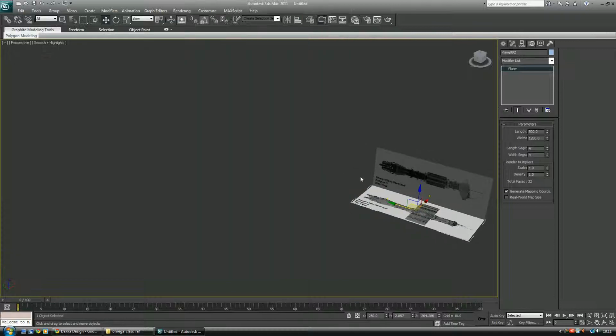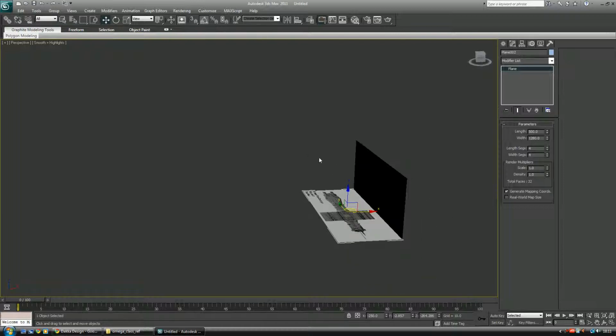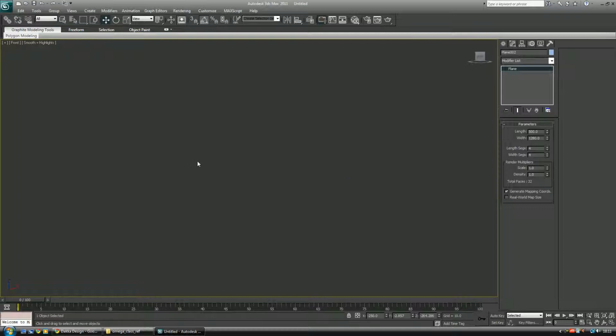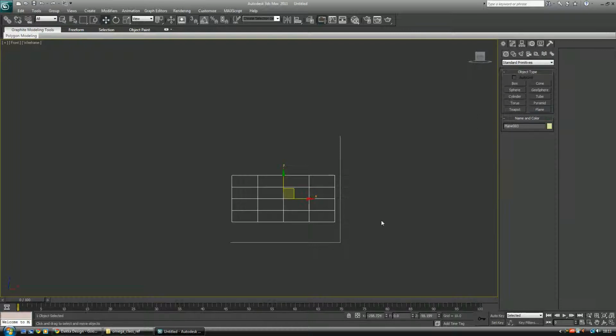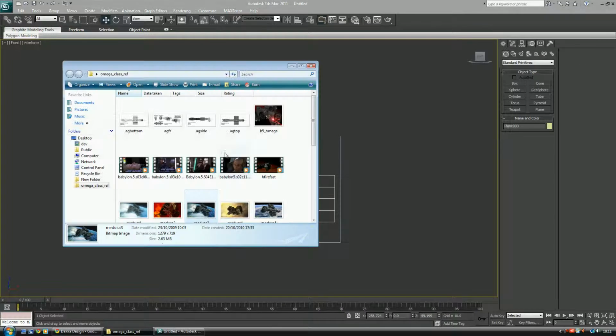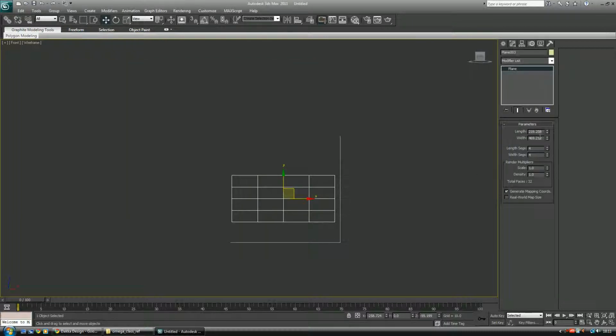What I also want, I'll press M for a second to get rid of that. What I also want to do is create another smaller plane here. So I'm going to go into the front viewport, hit F3 to get wireframe mode, just so we can see those two planes. And then we want another plane again, drag that out like that. And this time we want it to be 476 by 167. Okay, so 476 by 167,